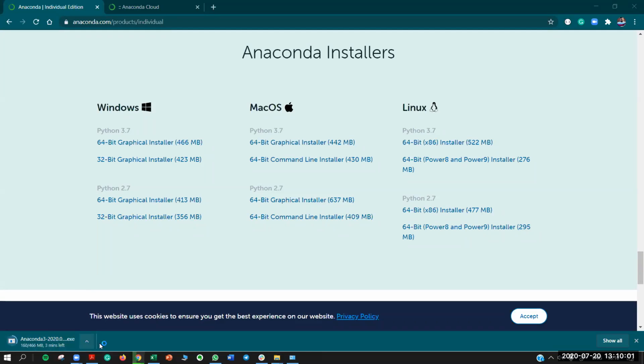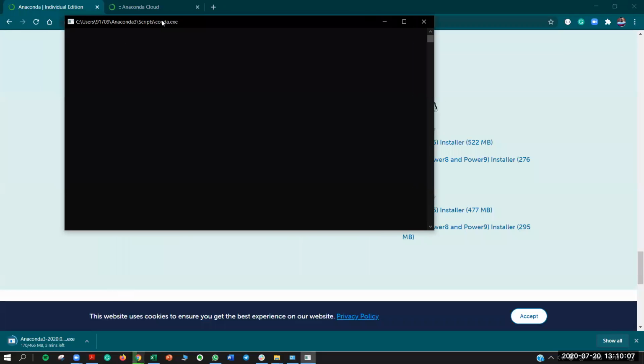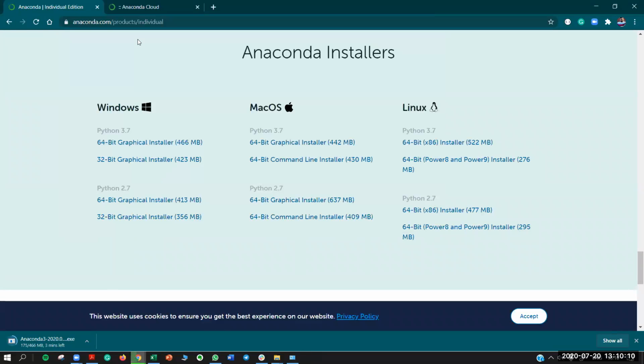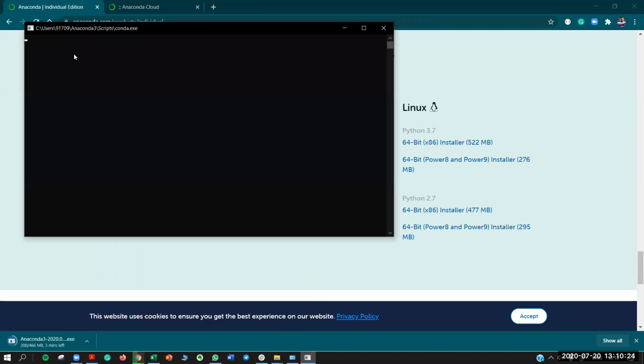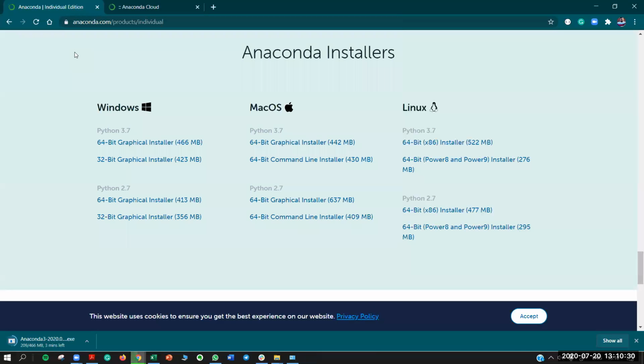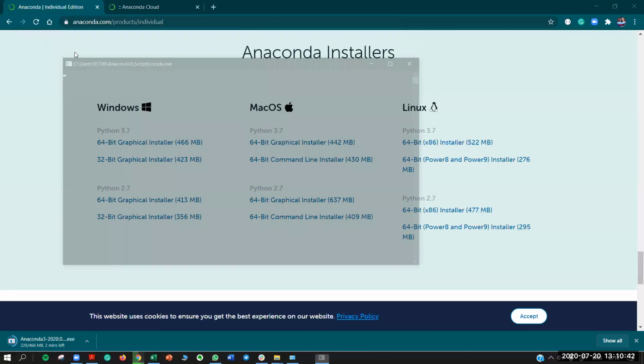In the background, it is downloading everything so that I can show you the installation demo. Meanwhile, let me show you this. It may open a blank screen, that is your Anaconda prompt, which will run in the background. You can ignore that, not an issue. So it is yet to open everything. It's taking a little time to do the same. Let us see. Hope you guys are not having any issues while downloading it. If your bandwidth is not enough, you can do it later after the call as well.